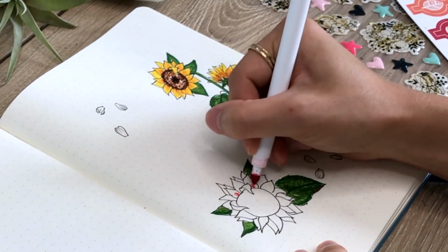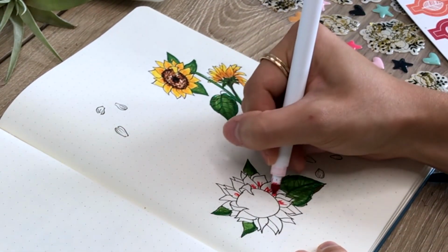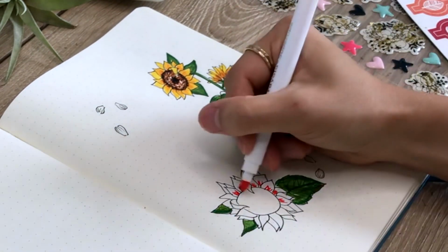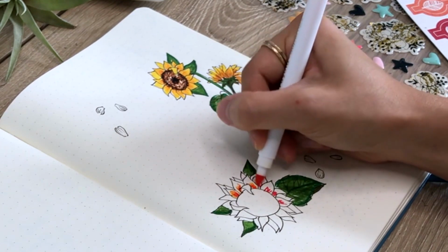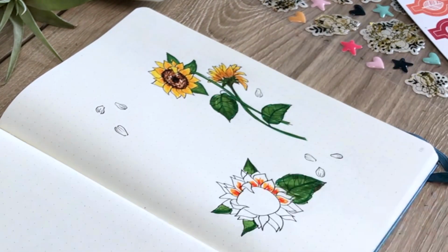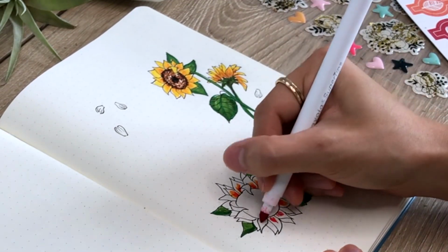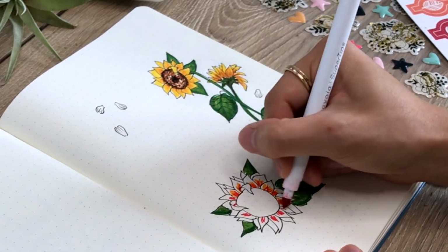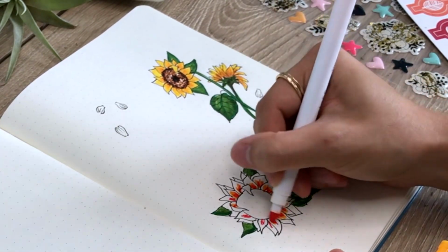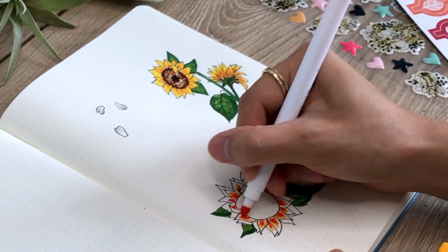Since this is my biggest and most lush of all of the flowers, I wanted this one to also be the most vibrant in color. So for this one, as my darkest color that I'm using in the center of the petals, I started off with a bright red, and I'm outlining that with a little bit of the orange and then finishing off with the yellow. You can see I split the petals into different sections this time because